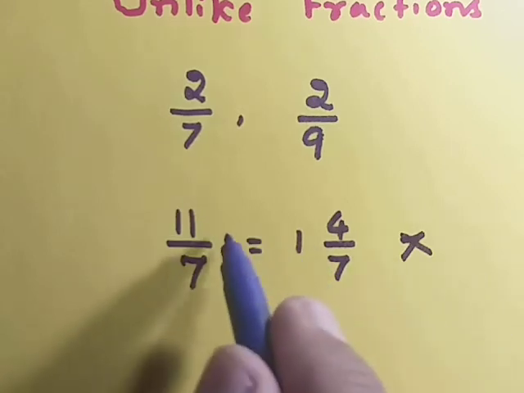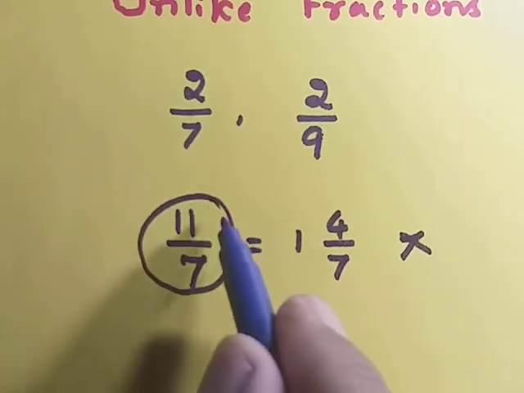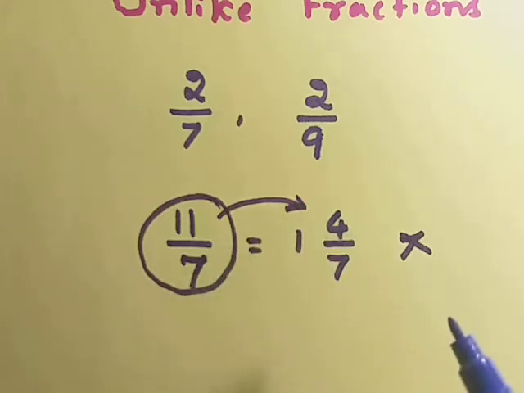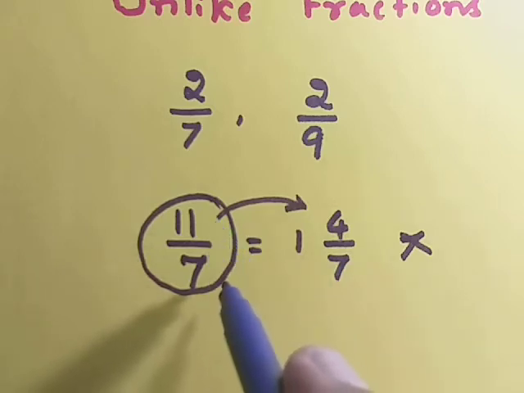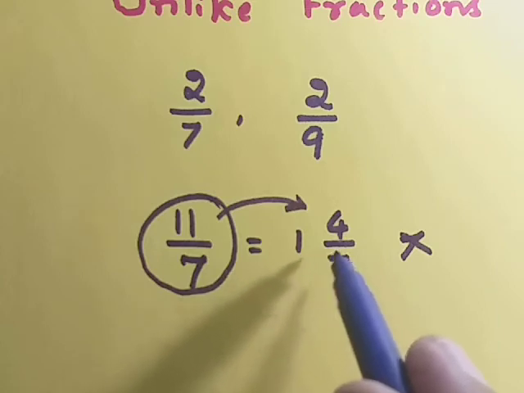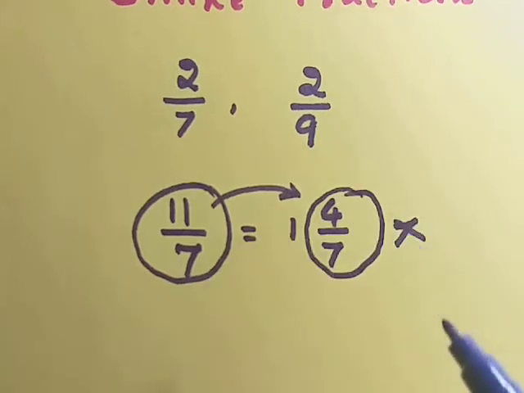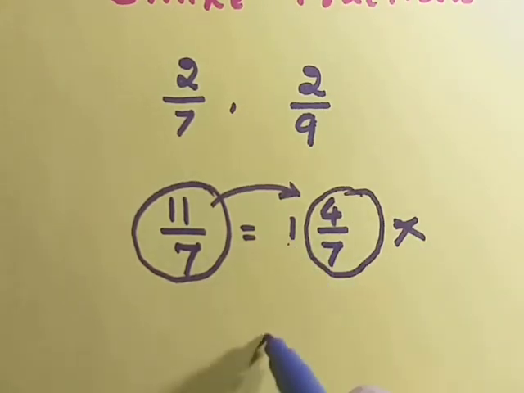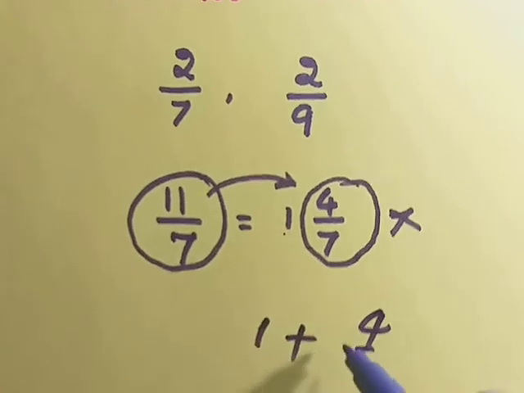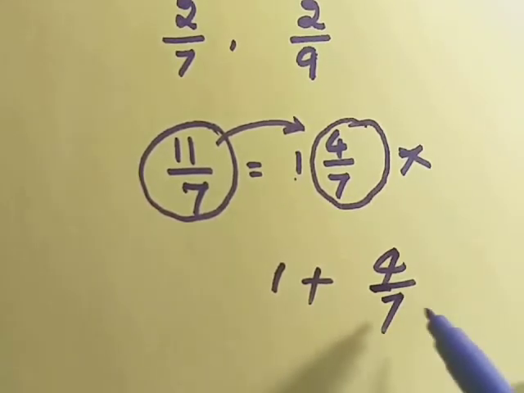But of course, when 11 by 7 is converted into this, then it becomes a mixed fraction. But 11 by 7, when written in the form of a decimal part, is to be called a decimal number. And 11 by 7 converted into a mixed one is called a fraction because this becomes part of 1, and 1 additional is there, 1 plus 4 by 7. Therefore, it is now a mixed fraction.